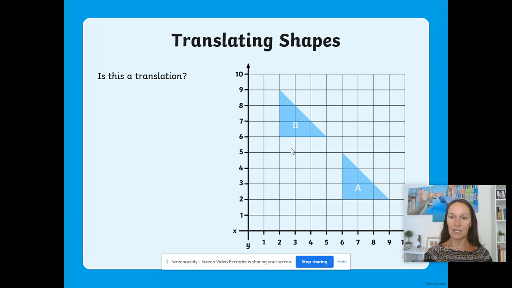Is this translation? You need to ask yourself, could I move that shape and it would fit exactly on there without turning it around or flipping it? Well, the answer is yes. Okay, so how has shape A